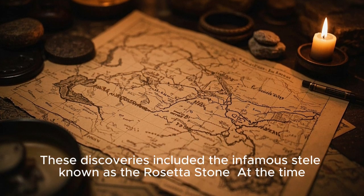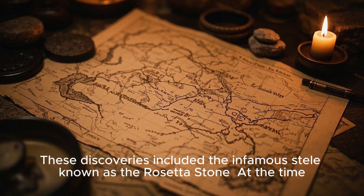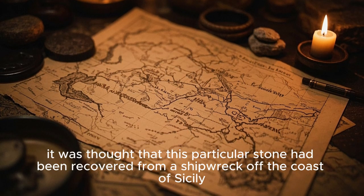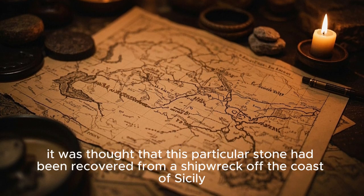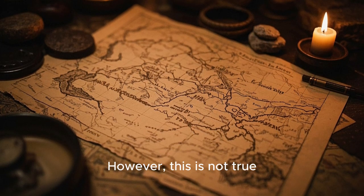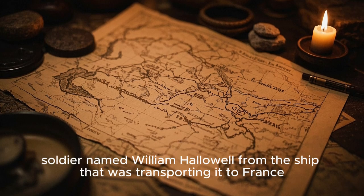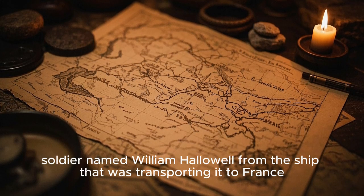These discoveries included the infamous stone known as the Rosetta Stone. At the time, it was thought that this particular stone had been recovered from a shipwreck off the coast of Sicily. However, this is not true. In reality, it was stolen by a British soldier named William Hallowell from the ship that was transporting it to